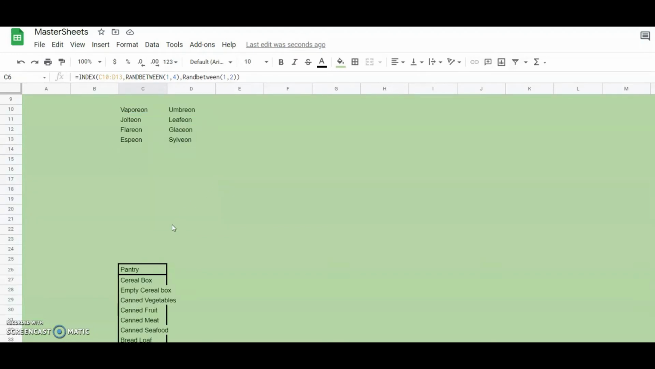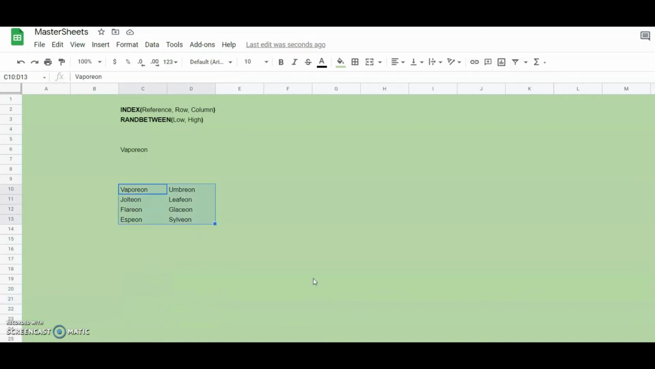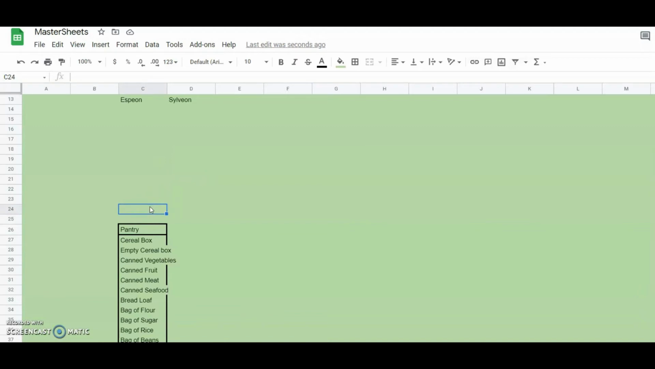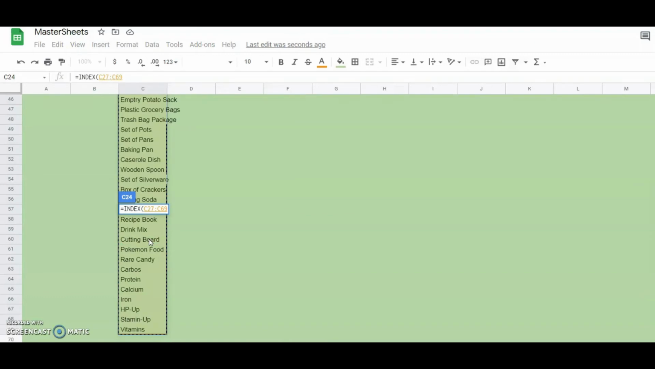Now if your data is not laid out like this, where it has multiple rows and columns, then you would use the formula a little differently. For data that includes many rows and only 1 column, you would write it like this: equals INDEX, select your area, comma, RANDBETWEEN 1, 43,